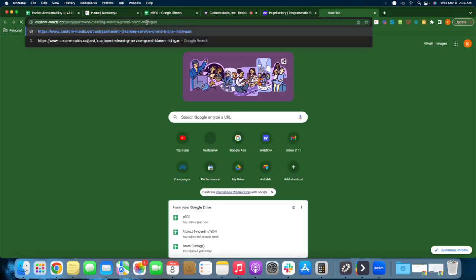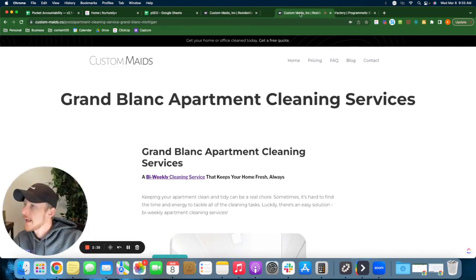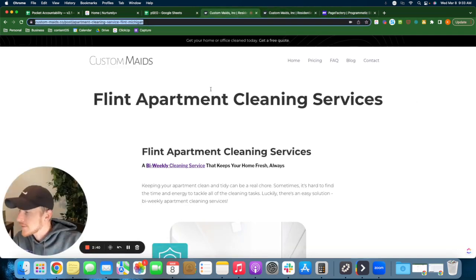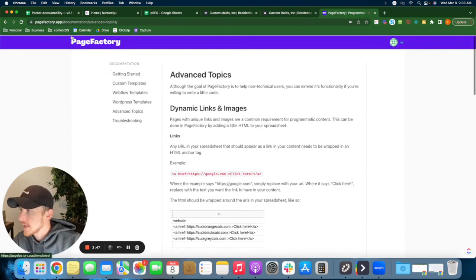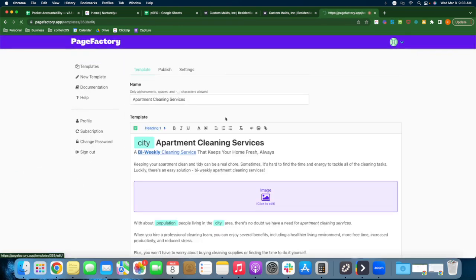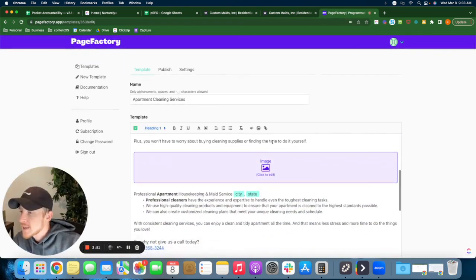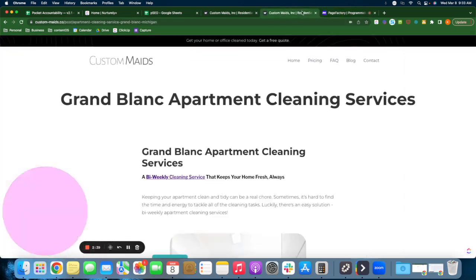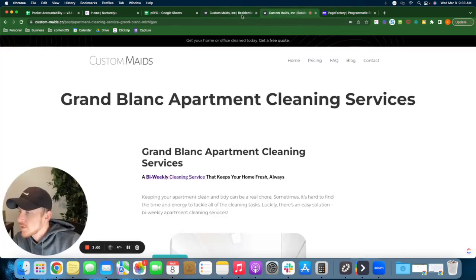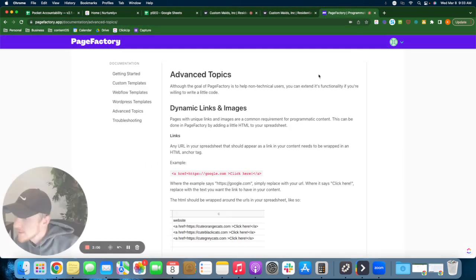So perhaps I might want to reference a Grand Blanc page on the Flint page and vice versa, but the project isn't created yet. And if I do it in the template over here in PageFactory, it's just going to be the same link for all the pages, which I don't want. So I pretty well know what the slugs are going to be, so I can then create